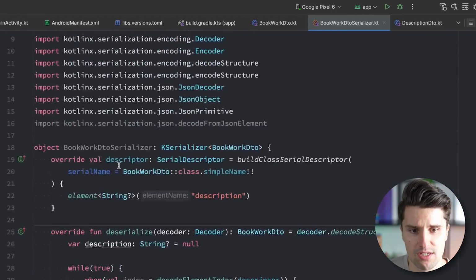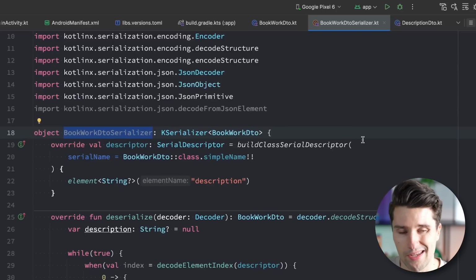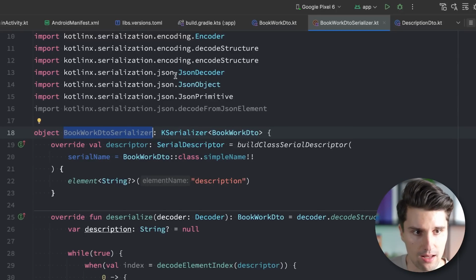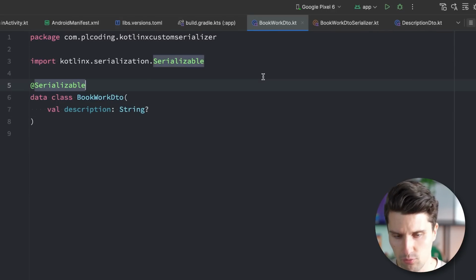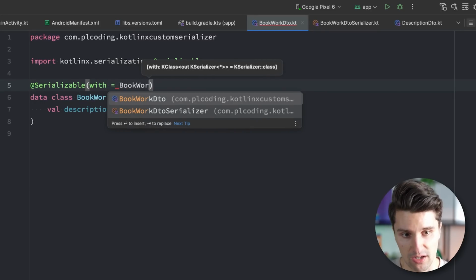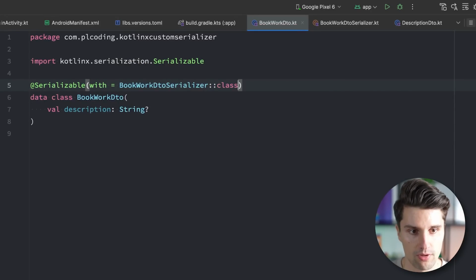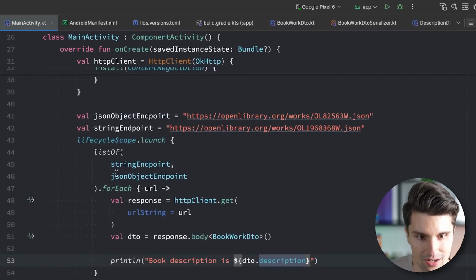Okay, so we now have the serializer, but we did not really make use of this yet. You can see it's grayed out, it's unused. So how can we tell this book work.to that we want to use this specific custom serializer just for this book work.to specifically? That works by going to this annotation and saying with and specifying this book work.to serializer with a double colon class. And if we then go back to main activity where we have our HTTP requests prepared